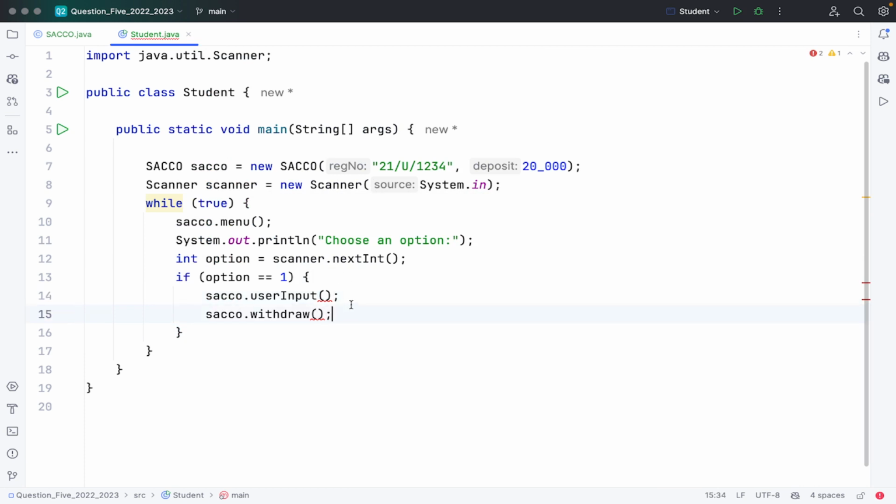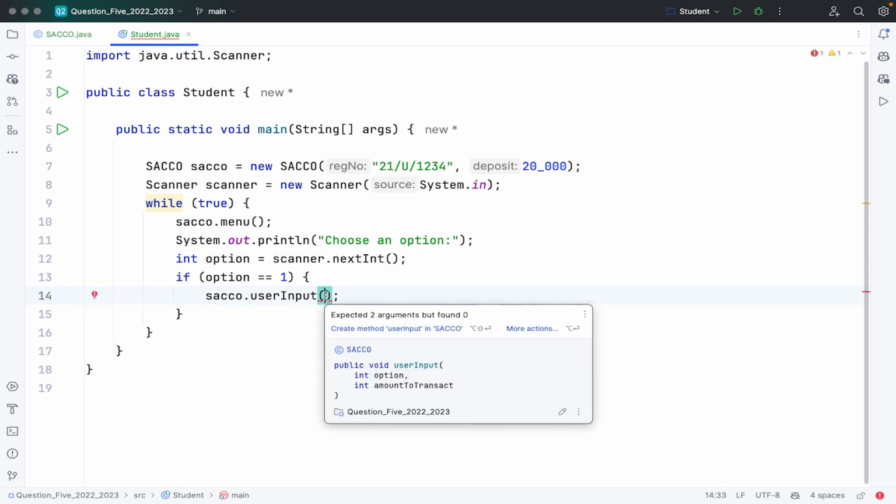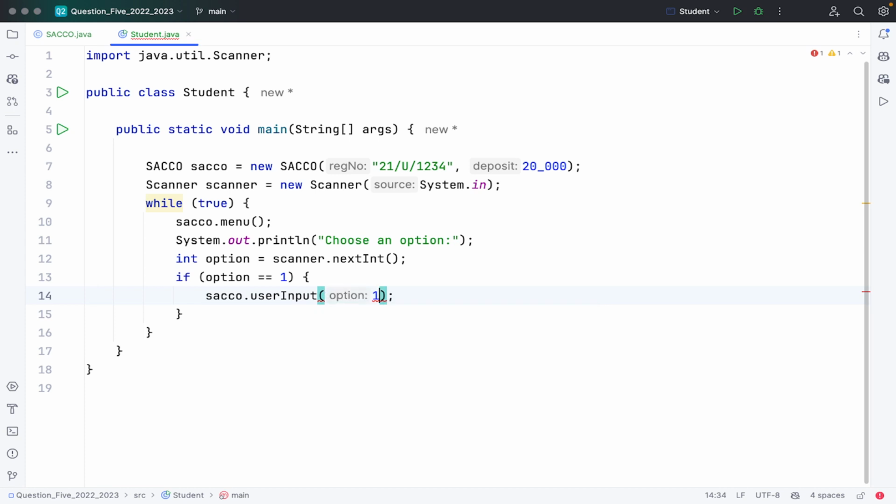We're going to run this user input, which is 1 for withdrawal, and the amount we want to withdraw specified here as maybe 5,000 rupees. And